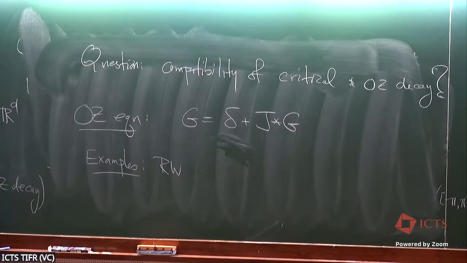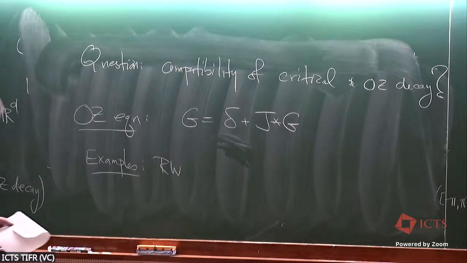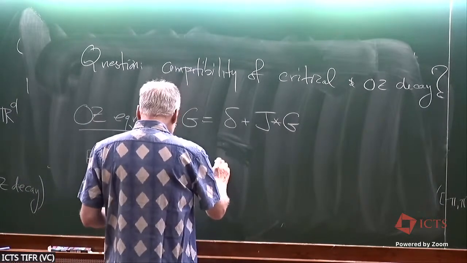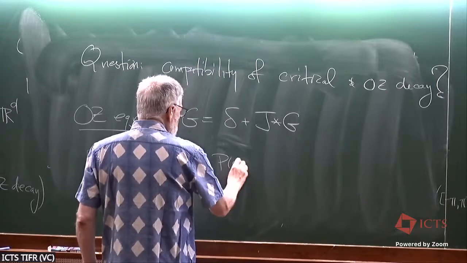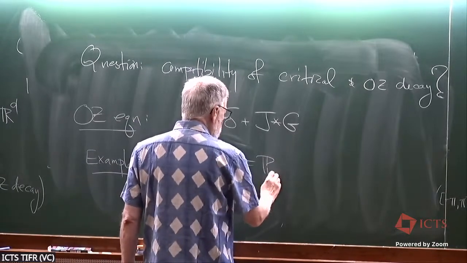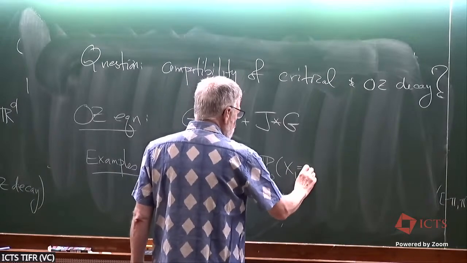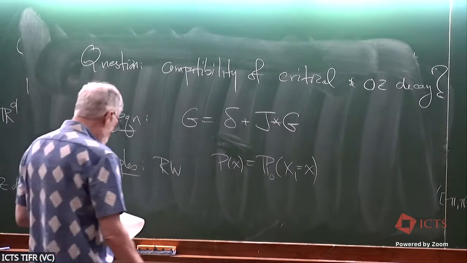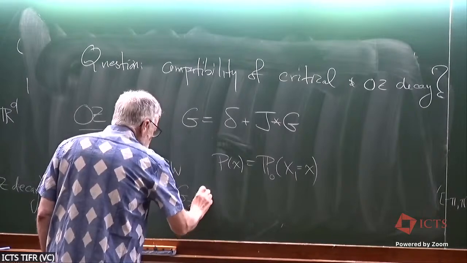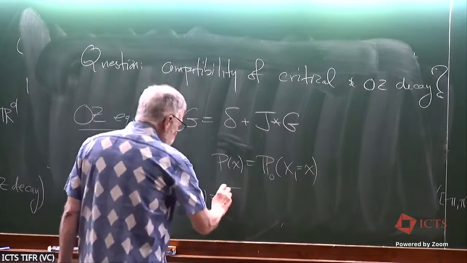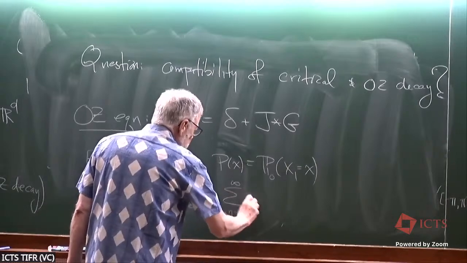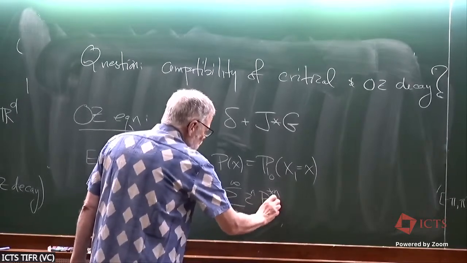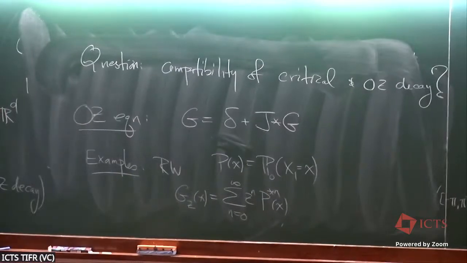I talked about simple random walk before, but we could take a more general random walk. So we could take P of X to be just the probability distribution starting from 0 that our random walk steps from 0 to X in its first step, and define Gz of X to be the massive Green function. So that would be the sum n equals 0 to infinity, z^n P, the n-fold convolution of P evaluated at X. That's the n-step transition probability to go from 0 to X, that convolution.